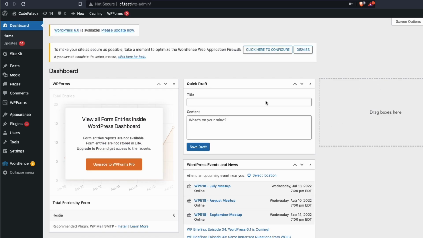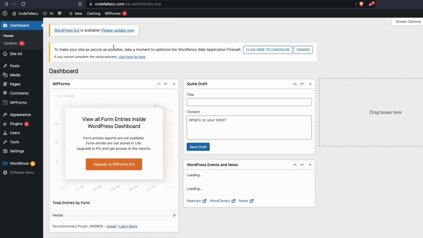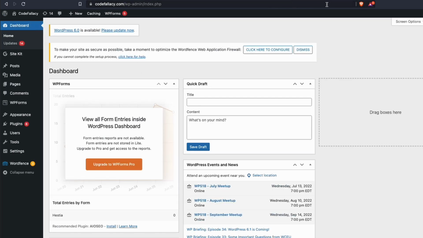So now we're logged into the dashboard of our actual website running locally. As you can see, this is cf.test. And it's the same thing as if we were in our actual dashboard here. So this is our live website. This is our dashboard from a live website. And then this is our dashboard from our deploy or from our local site. It's literally exactly the same,